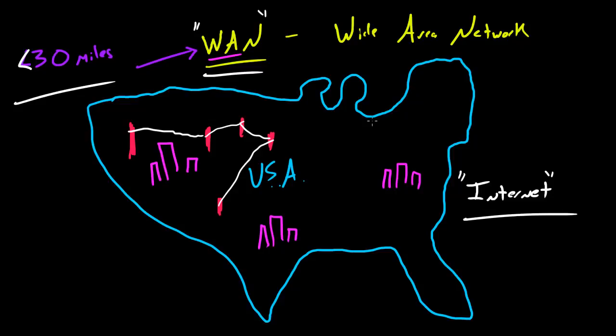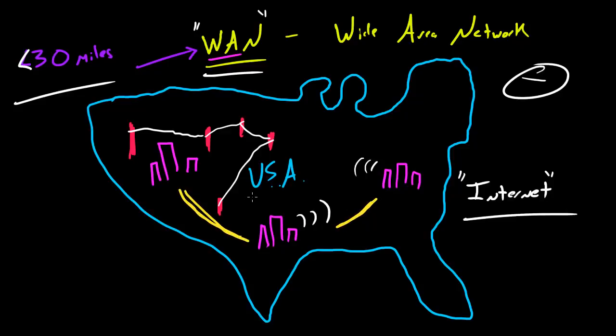And the different types of technologies that these MANs use to transfer data to each other to form a WAN is, of course, satellite. They use satellite in the air, and they also use fiber optic cable. So I'll draw a nice high-speed fiber optic cable between these. And also they use old school copper cable, even telephone wires in some of the slower areas.